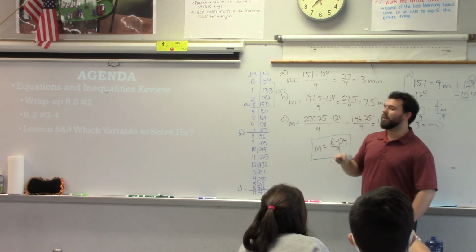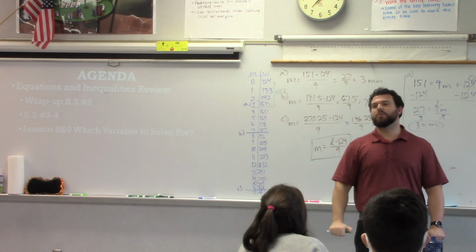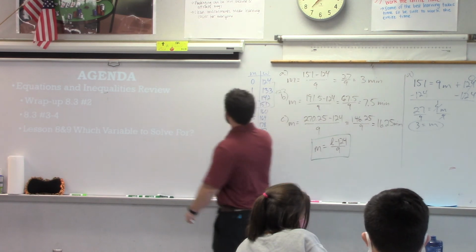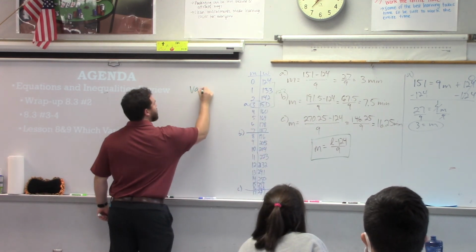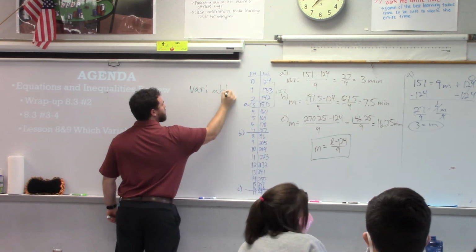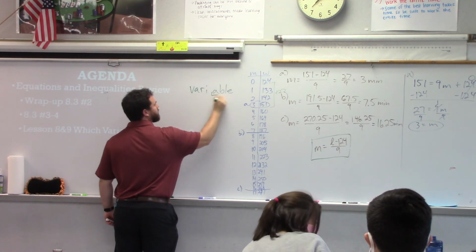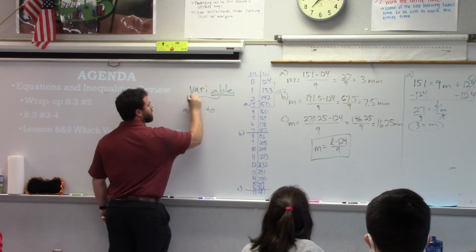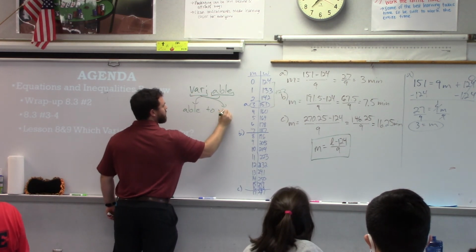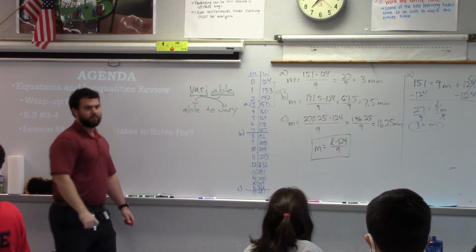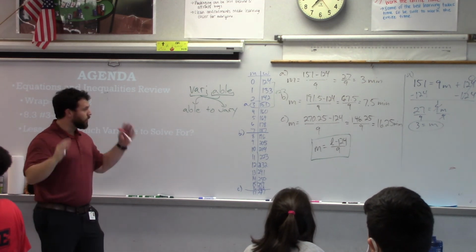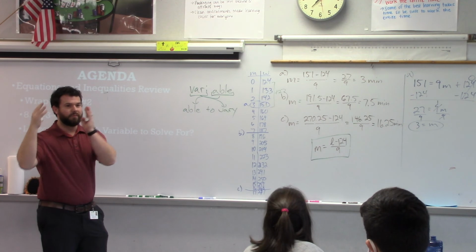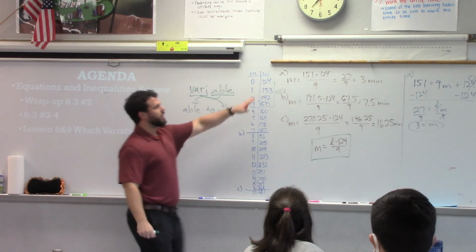I don't understand. What, okay, hold on a second. What does it mean to be a variable? You don't know what it is. Hey, no. You know what? Variable. It's able to vary. If it's a variable, right, it literally means able to vary. What do you see up here that's varying?